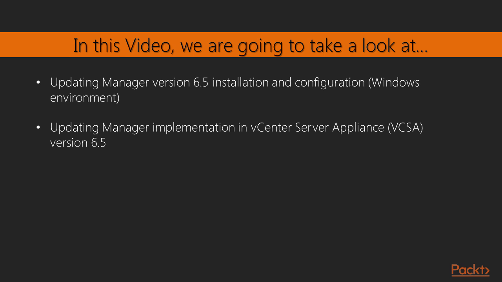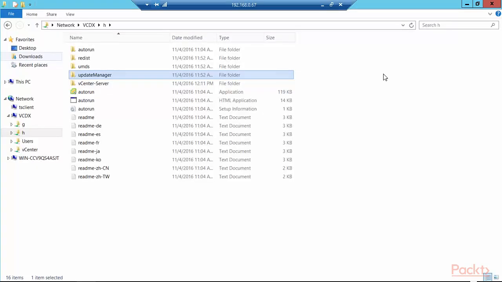We will also look at the latest implementation of the Update Manager, which is embedded in the vCenter server appliance, the VCSA version 6.5. Again, I'm logged in remotely to a native Windows 2012 R2 bare metal server at address 192.168.0.67. I have a network drive attached to it, which has the vCenter server version 6.5 Windows version image,